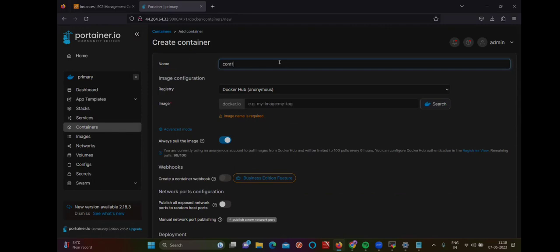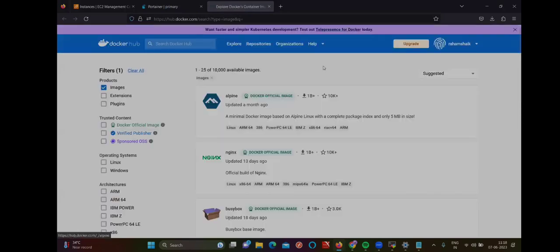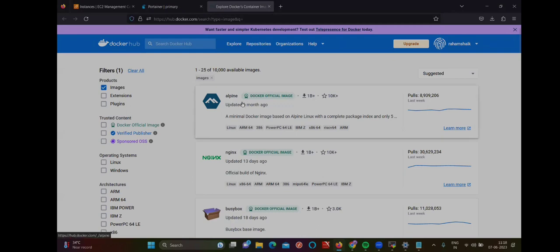What is the name of the container? And sir, what is the image you want for this container? Click on search here. You can take any image. It is my Docker Hub account. It will directly go to the Docker Hub account. For this container, I want this particular image. Or you can go for a normal image, or you can use your own image as well. If you want to use your image, go to